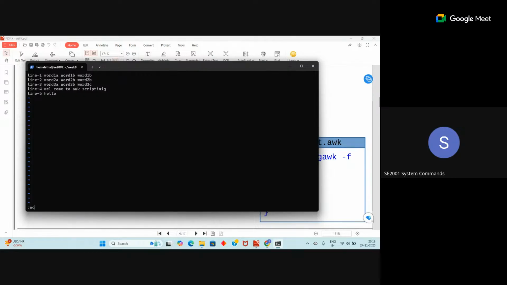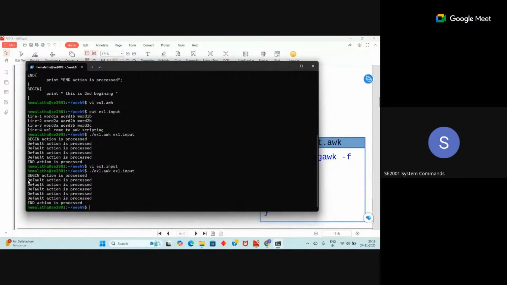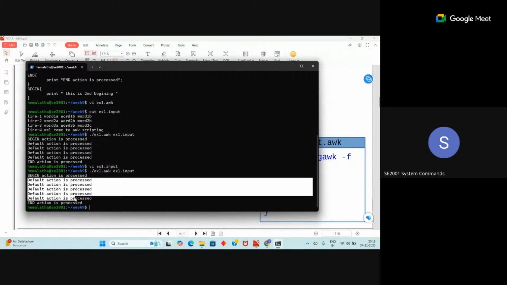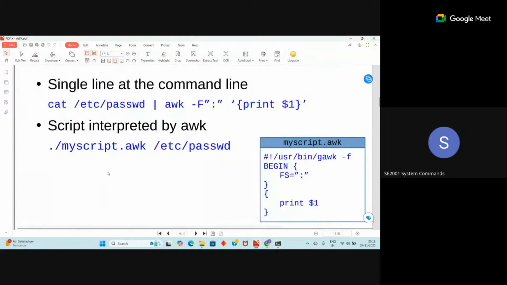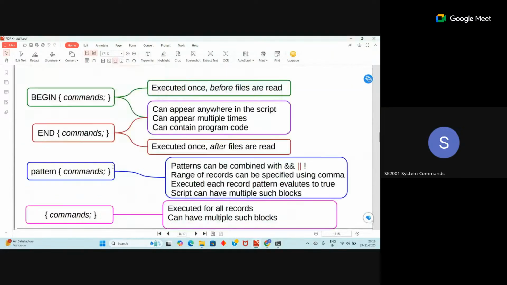I have added a simple line. So now if you run the same file, see here, the default block gets executed 5 times because there are 5 lines in your input file. Okay, whereas you can have any number of begin blocks, any number of end blocks, any number